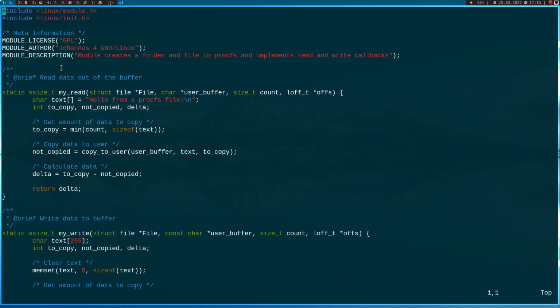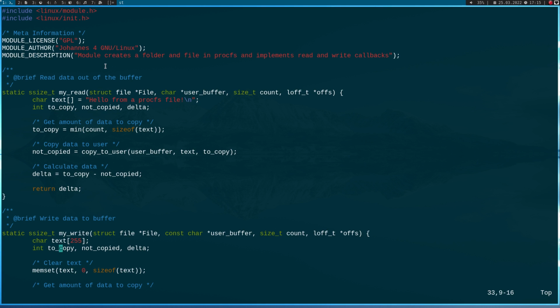So you can see here it's just a really bare-bones Linux kernel module. Up here I already have implemented a read callback which I will use later, and the arguments and return value are just like the ones from the device file callbacks. So the arguments are the same, and all we are doing here is I have a string up here, and when a read is called I will copy this string from kernelspace to userspace. So every time I read from this I will get hello from a procfs file,